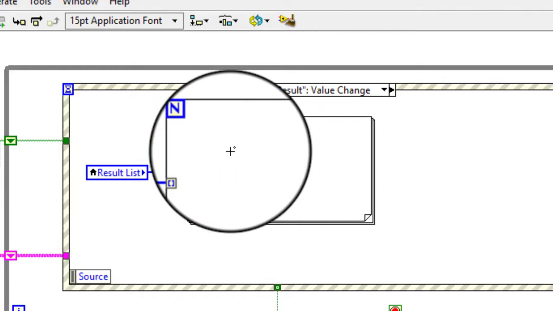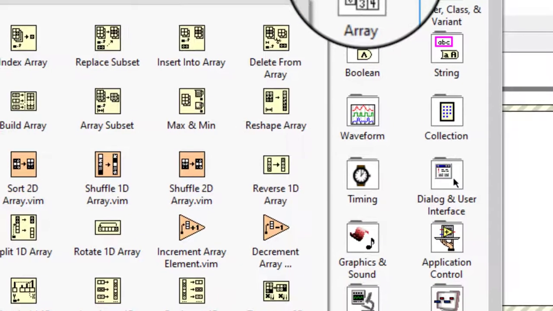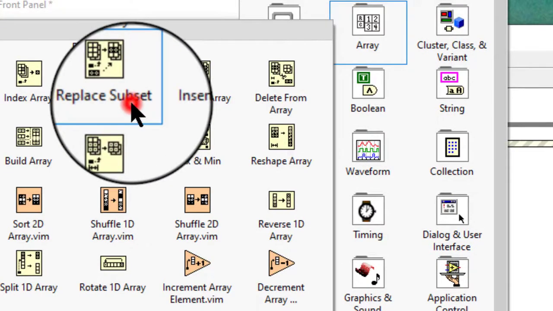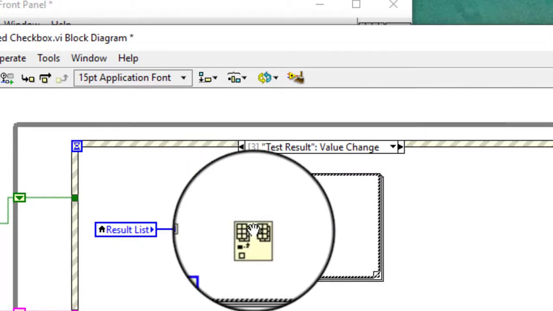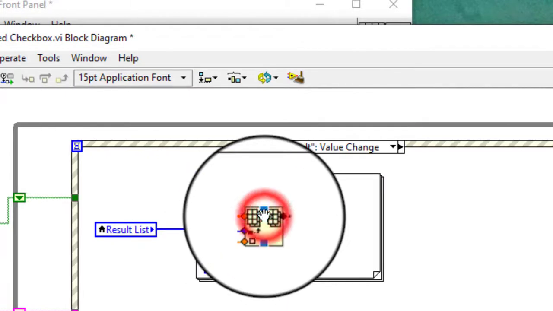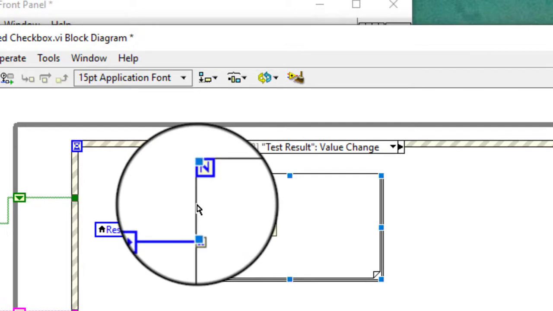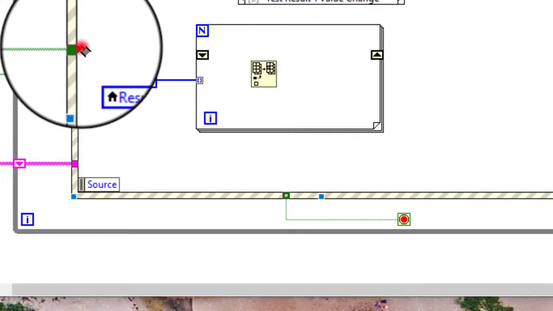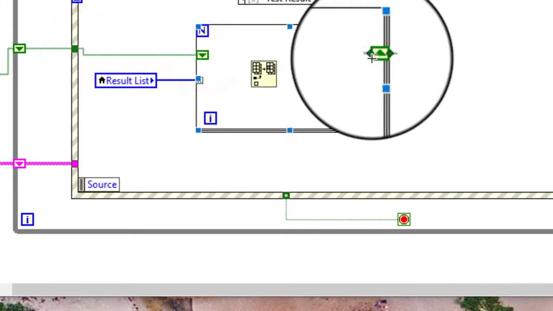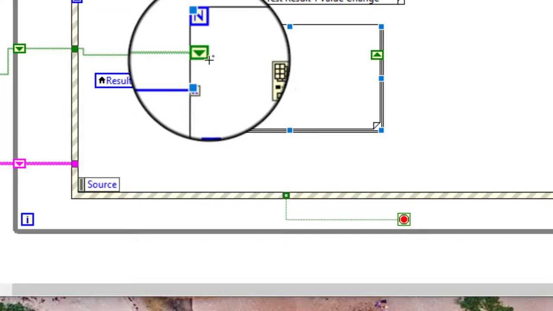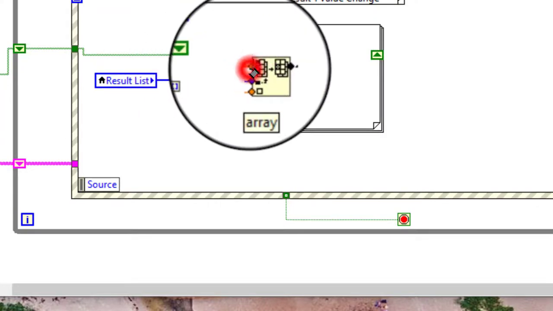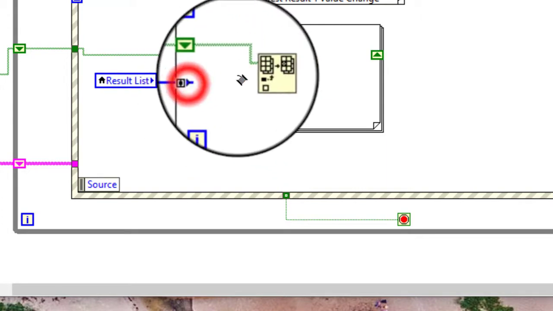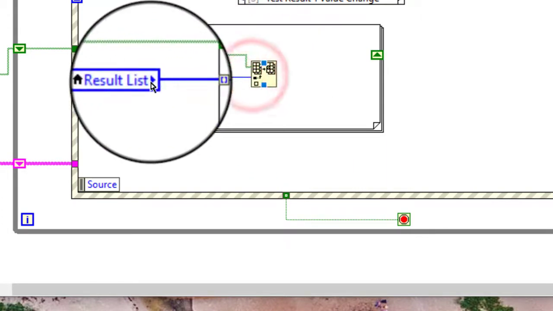And then we want to replace the array subset. Let's create a shift register for keeping this array. Then we want to modify it. So let's go through this array. Let's find out the element selected here one by one